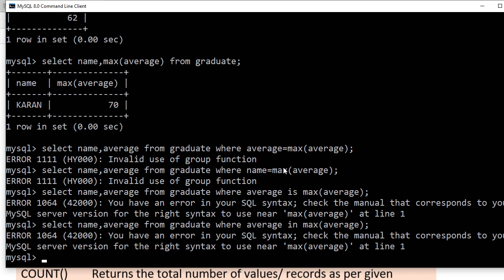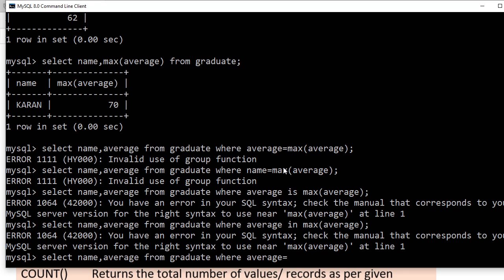So I'm writing select name and average from graduate where average equal to maximum average.